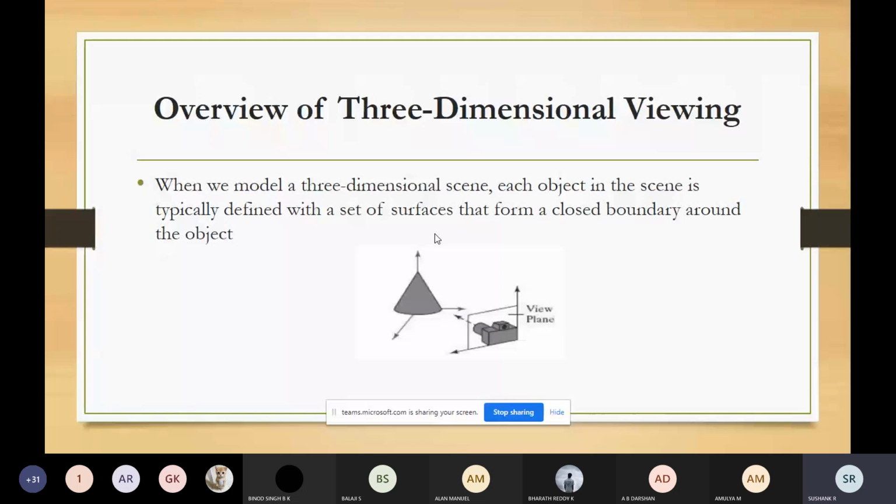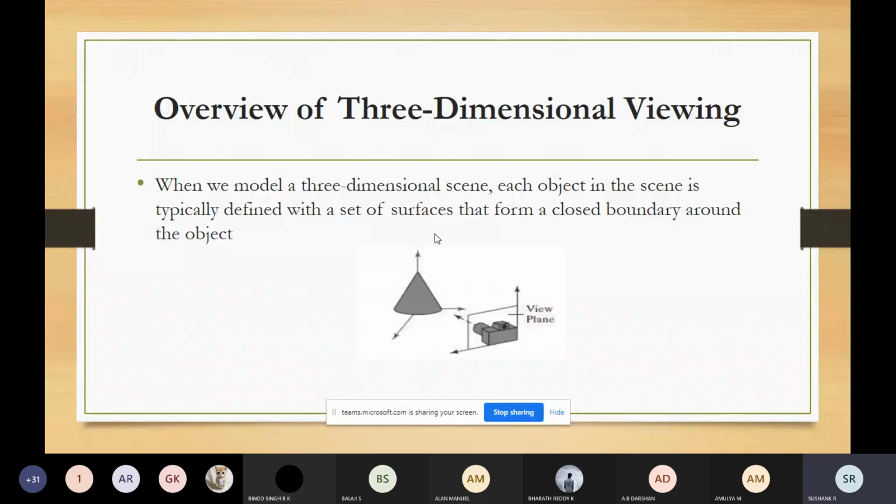So what extra work should be done is that projection functions are needed for transferring the scene to a view surface. When you are doing this, only the visible part of the scene should be identified, and only the visible part of the scene should be projected.